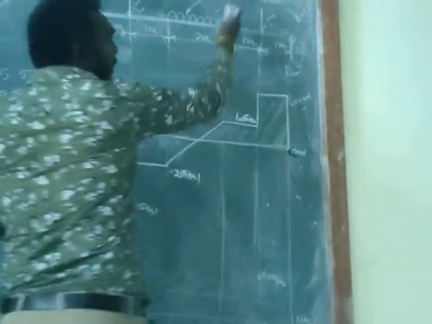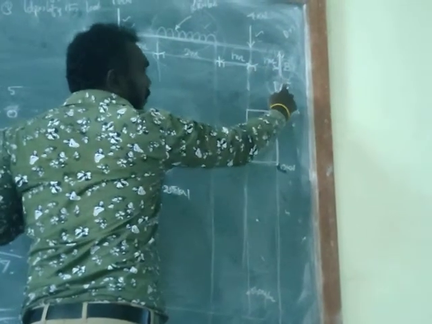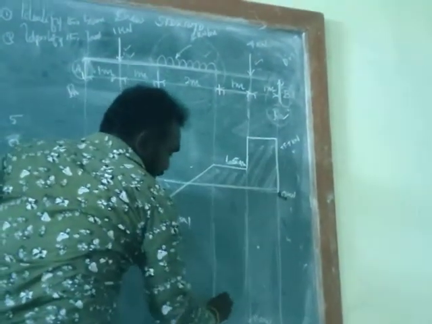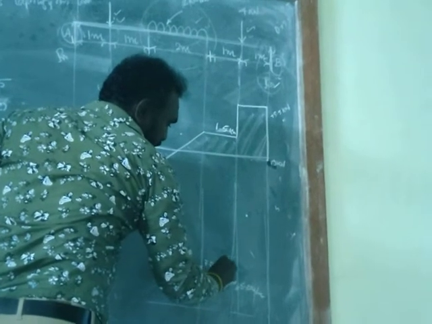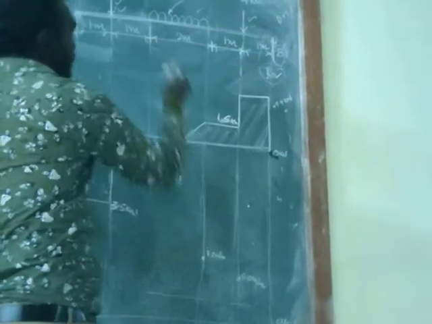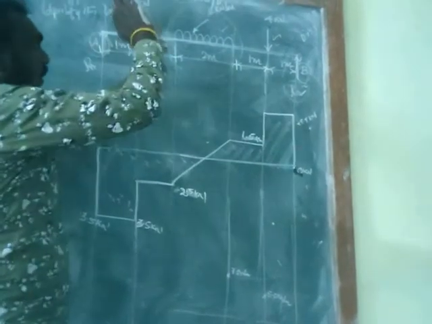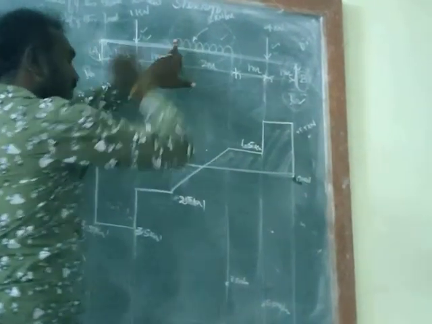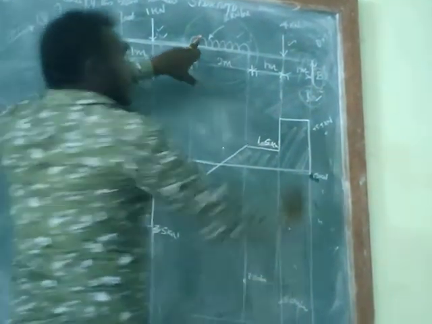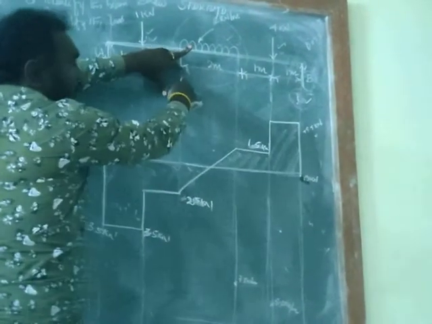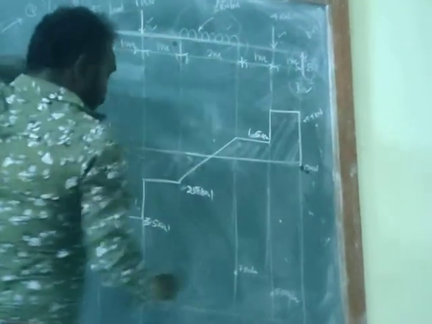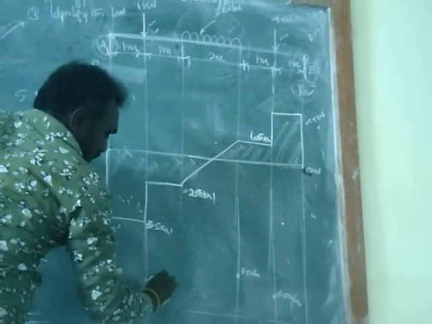Then, from the point here, we are having two loads, one upward load and one downward load. So, 5.5 into 2 minus 4 into 1 is equal to 7.5 kilonewton meter. Next point is here. We are having three loads: one upward load, one downward load, and another downward load, which is a uniformly distributed load. The moment is RB 5.5 into 4 minus 4 into 3 minus 2 into 2 into 2 by 2, which is equal to 6 kilonewton meter.